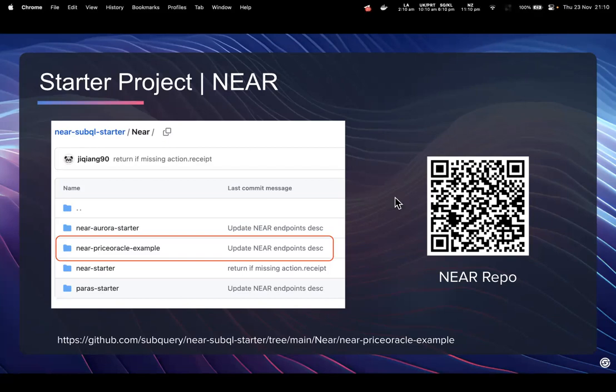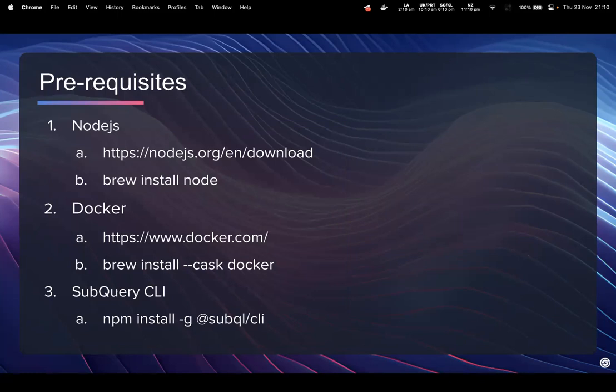So as mentioned, if you are a coder, there are some prerequisites required, and you probably have number 1 and 2 already. You'll quickly know if you're using Brew; download it from the website. The same with Docker as well.